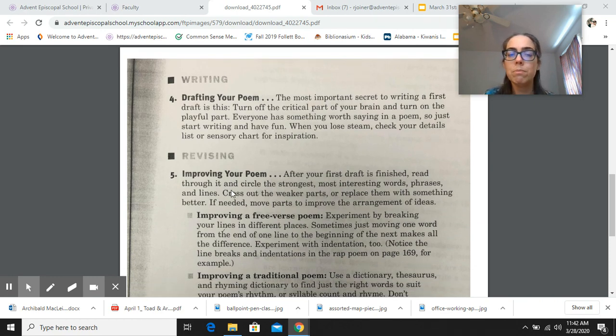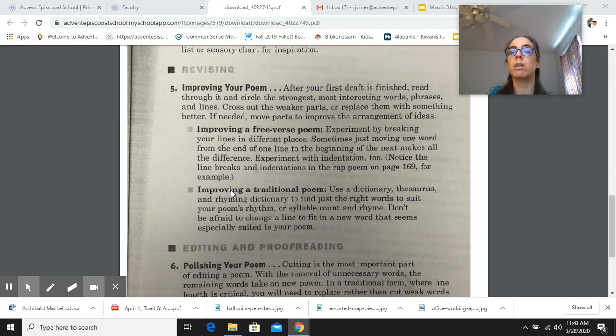It talks about turning on the playful part of your brain. Have fun with this. This should not be like, oh, she's making us write a poem. You guys have done this before. That's what you do in Miss Stayer's class. So use this as an opportunity to have fun. I'm not asking you to diagram sentences. I'm asking you to write about something that you want to write about. Okay. And I'm giving you a little bit of guidelines, but right now I want you to just sit down and make it yours. So the revising talks about improving your poem.